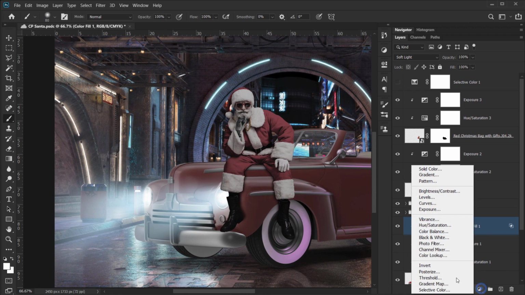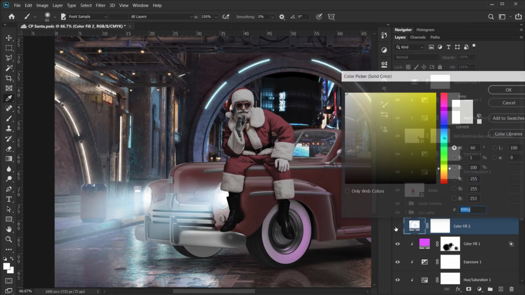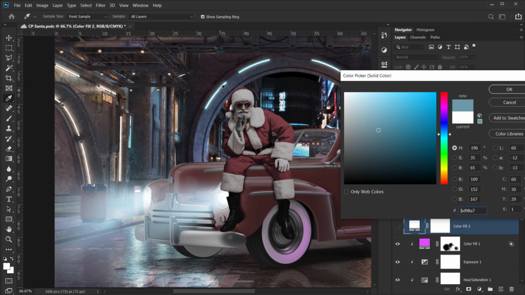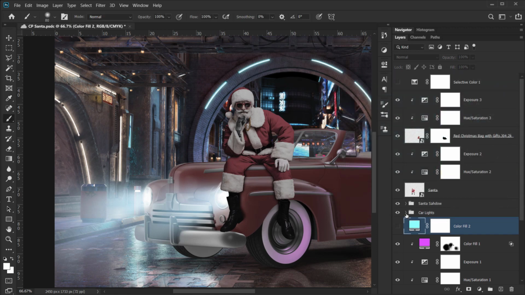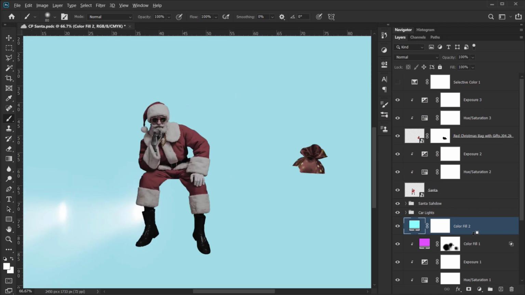Alright, so let's create a solid color, and let me just hide it and sample the color again, just like that. Now we have the same blue, and again clip it,